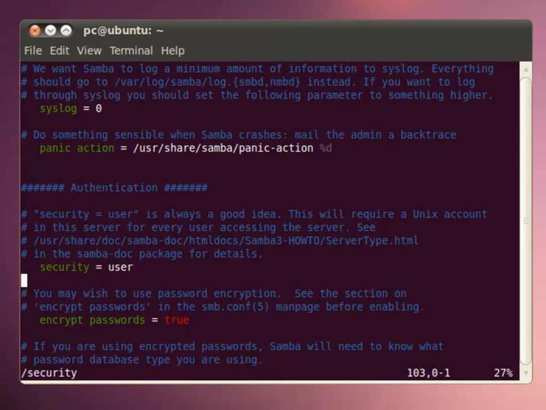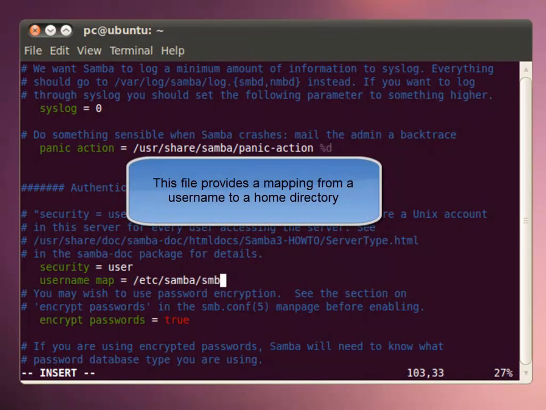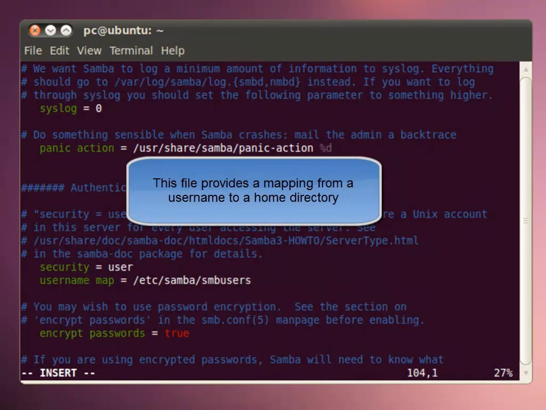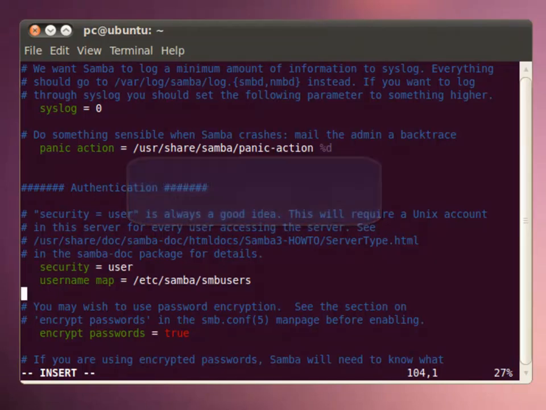And for this example, we can also add username map equals /etc/samba/smbusers. And what this will do, this will be used by Samba to log in each individual user. The user's connection will be mapped to their home directory. And now we can save this